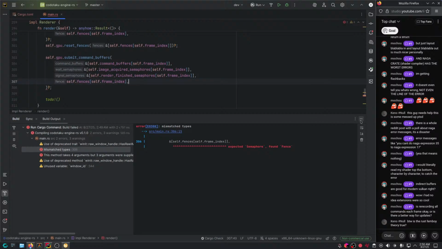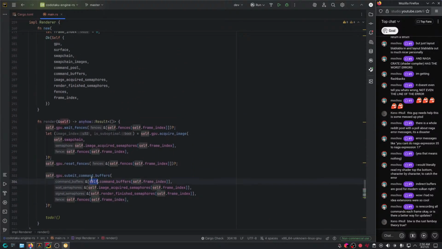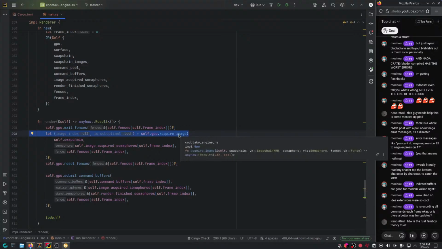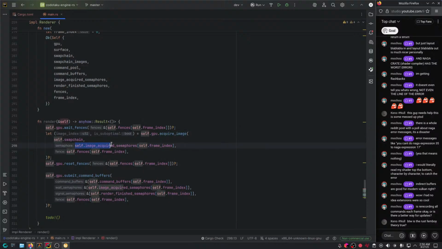And there you go. So what we're doing here, basically, we're gonna submit some command buffer that we're gonna record here in a second. And before we execute those commands, we're gonna wait for the image acquired to happen, which is gonna be signaled by acquire image. So first of all, we tell the swap chain to give us an image. And once it's done, it's gonna signal this semaphore called image acquired semaphore.